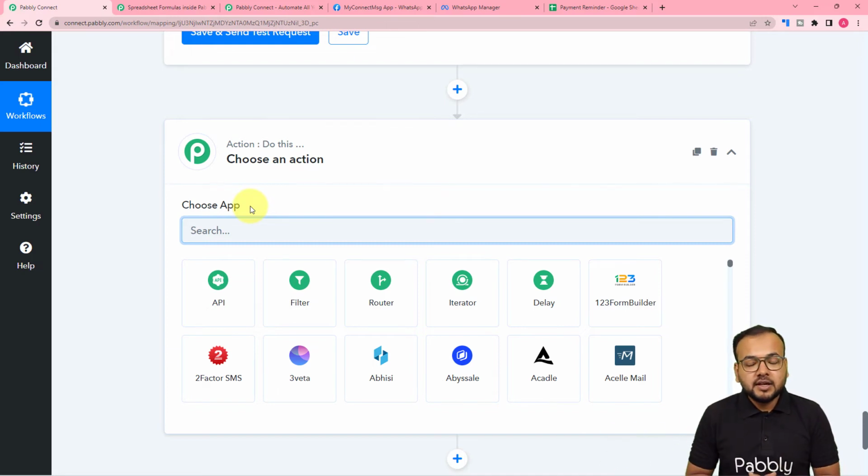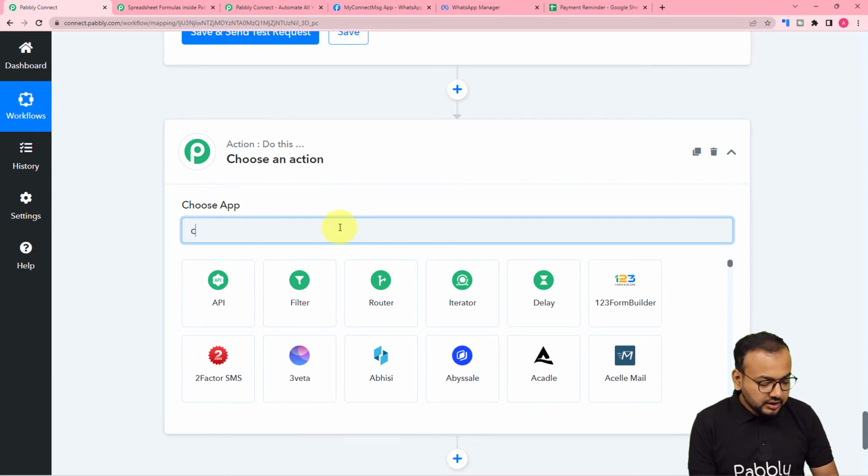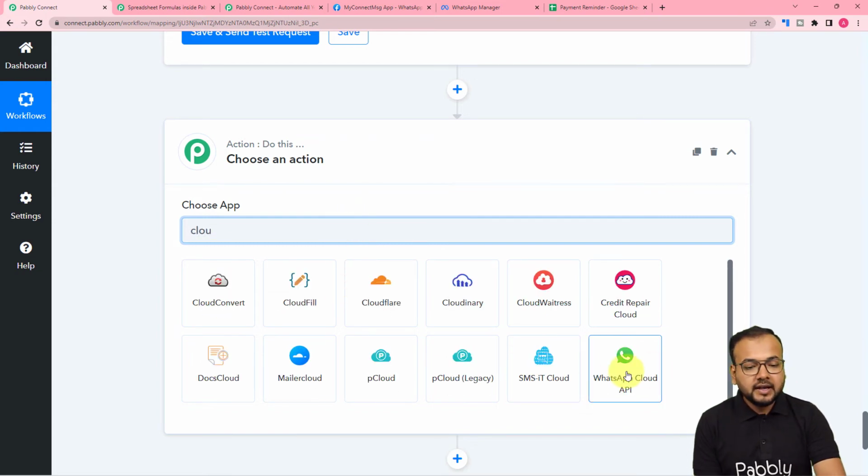API system. For that, guys, we have created a dedicated separate video which I have pasted in the description. From that video you can learn how you can set up the system of cloud API for your number and how you can use it. So after watching that and following the procedure, you can just search for cloud API here and it will appear